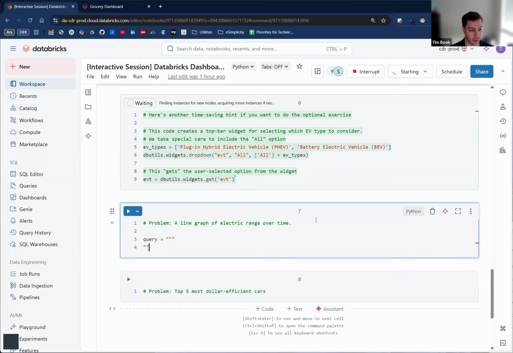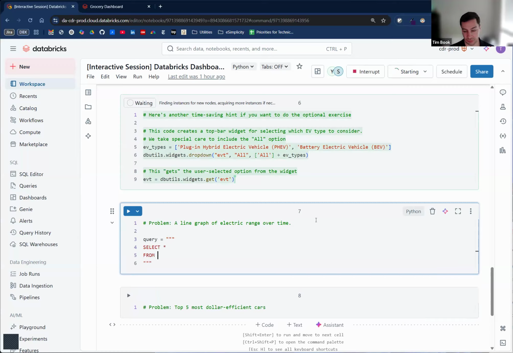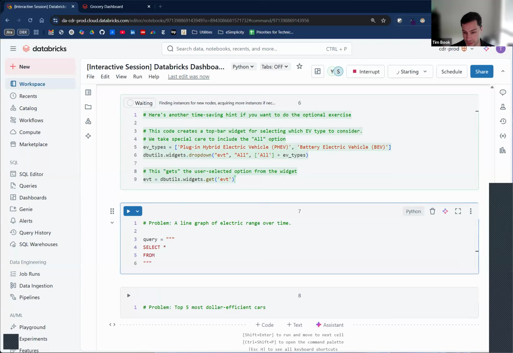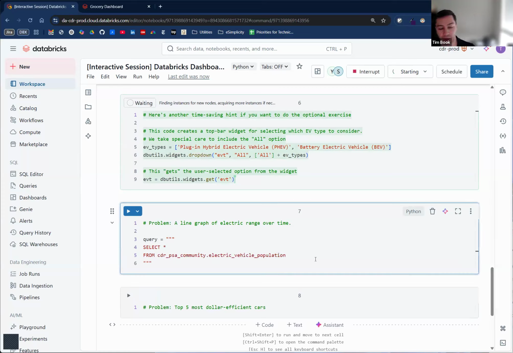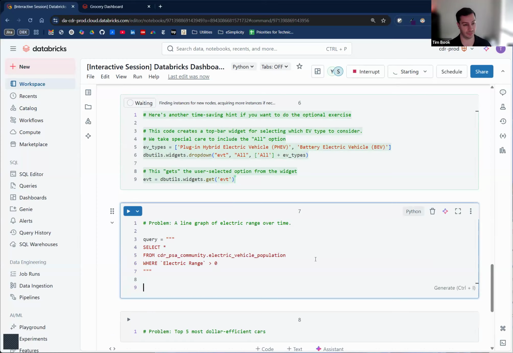Do triple quotes, and I want select everything from, and I'm going to copy and paste this out of my notes because it's a mouthful: CDR PSA community electric vehicle population where electric range is positive. Okay, so this would get me the data set, right? I could just say